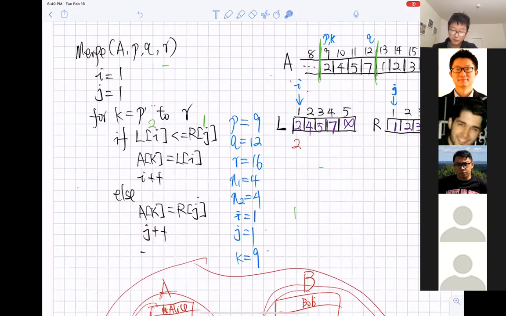In the else, we are going to assign Rj to Ak. So we assign this value, Rj, to Ak over here. The reason we assign Rj rather than Li is because Rj is smaller. So this is the smallest value among the two arrays, right?